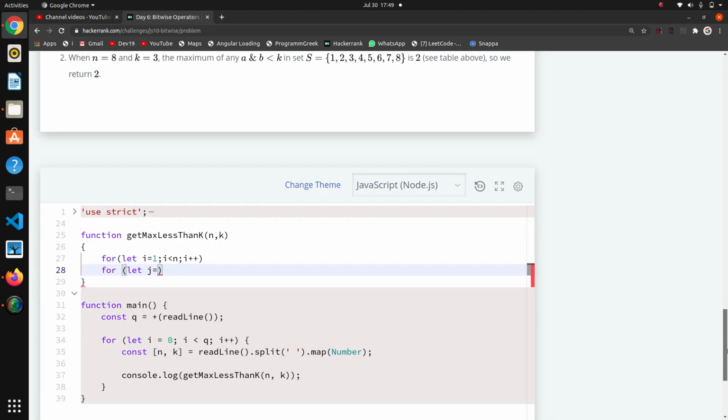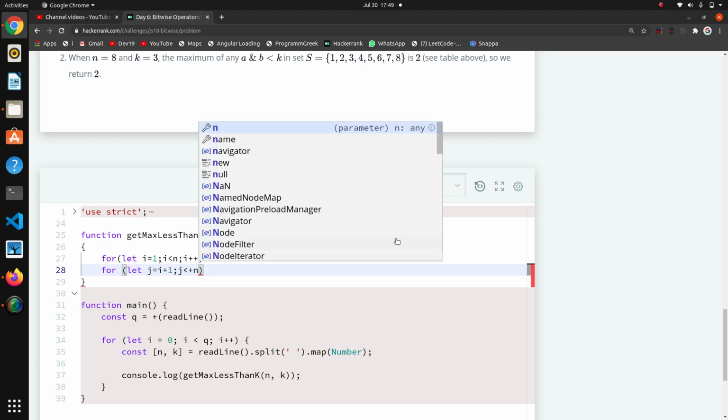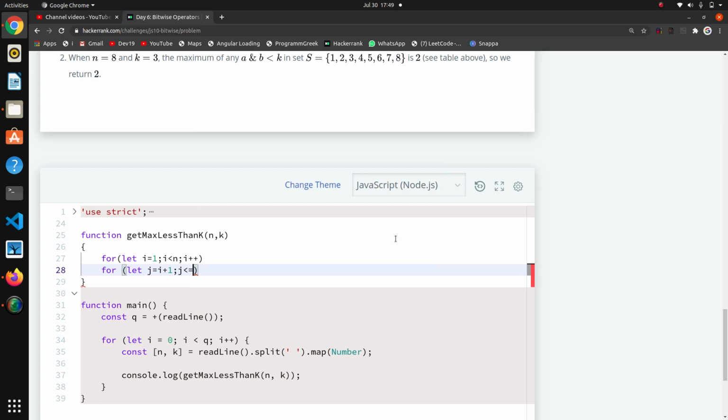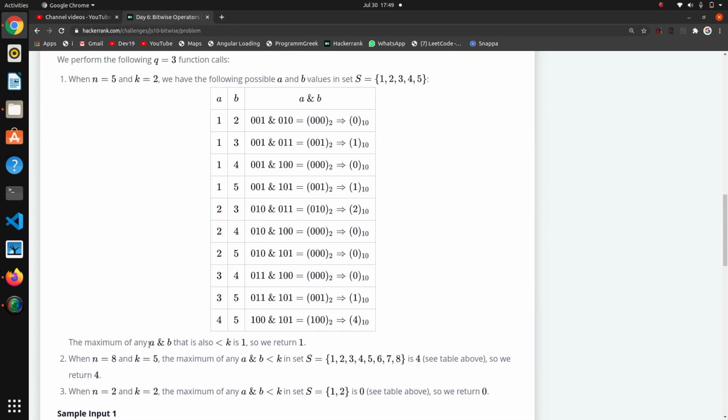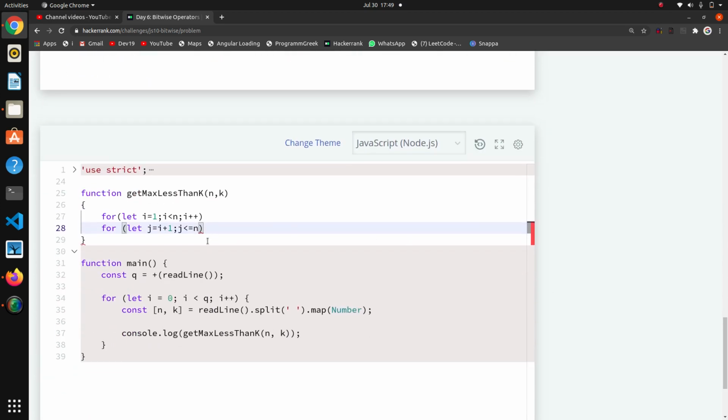So here we write j is equal to i plus 1, and j is less than or equal to n. If you check here, the maximum value for j is 5, meaning we can iterate till n itself, so I am taking j less than or equal to n.